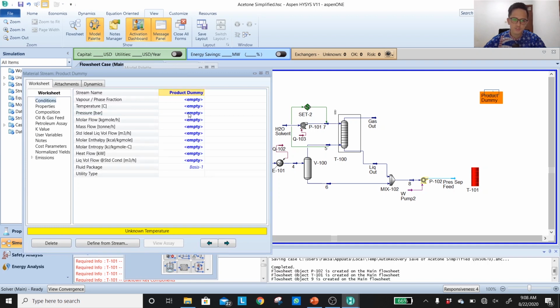Now I go back to my condition, unknown temperature, and then we have to think about the phase itself. We want to produce acetone liquid. That means the vapor fraction would be 0. This is a saturated liquid. And think about the top pressure. I want to use my cheapest cooling medium. In this case, it is cooling water with the temperature range between 30 to 40 degrees C. So I'll give another 15 degrees C for the log mean temperature difference in the heat exchanger. So let's keep the product to be 45 degrees C.